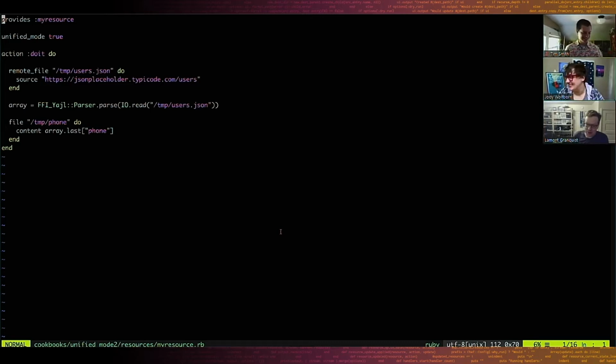Oh, and Dan says, do we still have need for those 2 stages these days anyway? Well, we certainly don't. Nobody cares about the 2 stages inside of a custom resource. It's really super pointless, right? So what people care about is recipe mode. There is no unified mode for recipe mode, so I tried to write that. It's going to be a little bit hard to write because of ugly code in Chef Client.